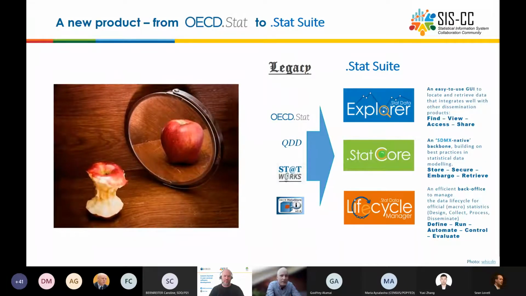And then there is the back office application, the so-called Data Lifecycle Manager. It's for the statisticians to manage the data through the statistical production lifecycle. As many of you are such data producers, this is probably the tool that would correspond most to your daily tasks. Okay, let's now dive into the first agenda point,